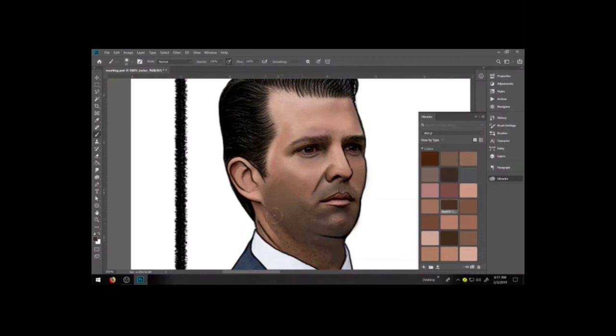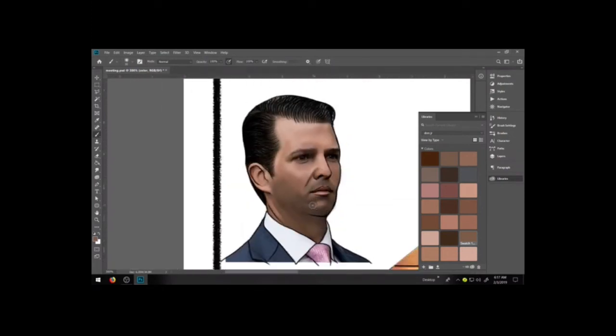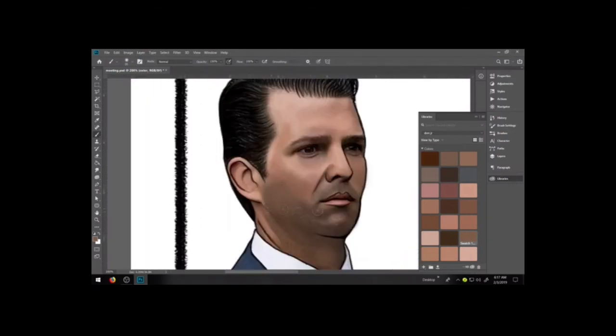You end up reducing the number of colors you use, but having enough where it's recognizable as a person, but few enough colors where you can tell it's a cartoon and it's not completely realistic. Alright, so